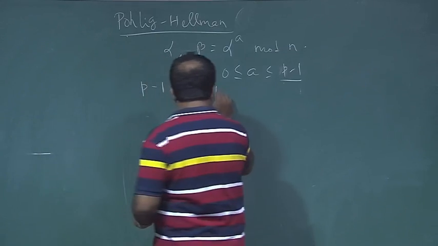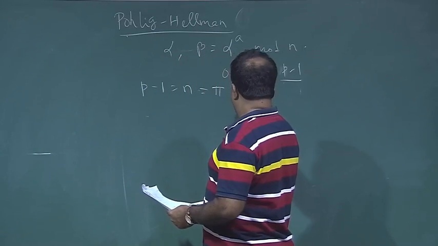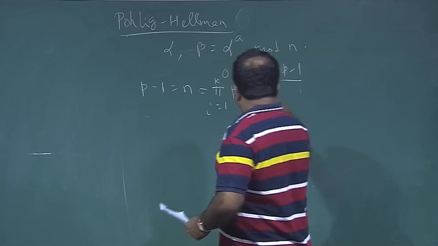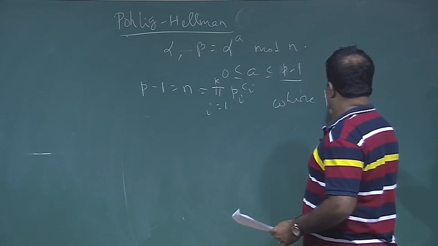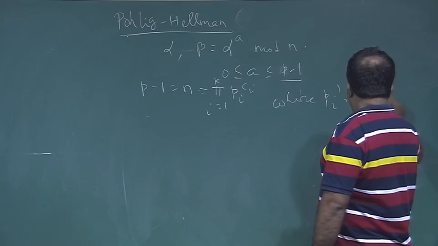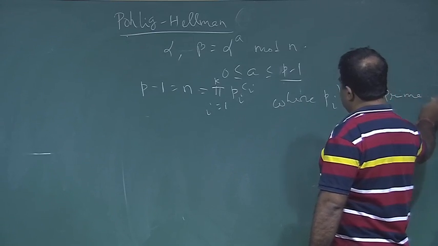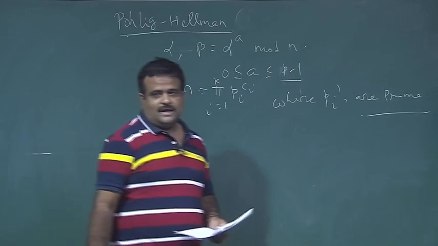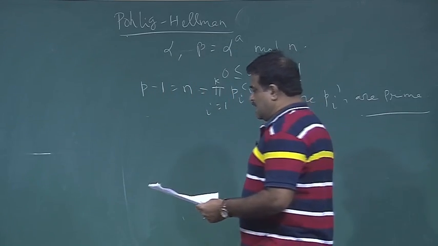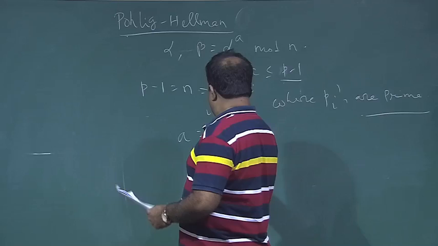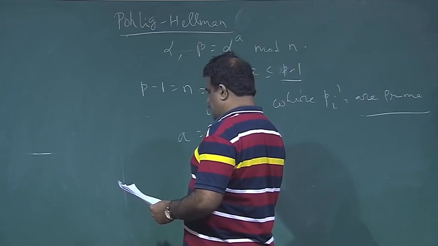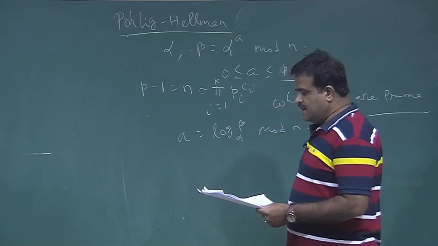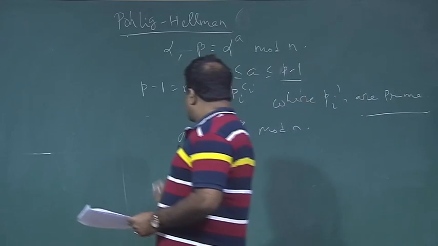So, we must be able to write n as a product of primes, p_i to the power c_i, where i is 1 to k. Here p_i is a prime number. Now our objective is to find a, which is basically log of beta base alpha mod n. So, now if we can compute